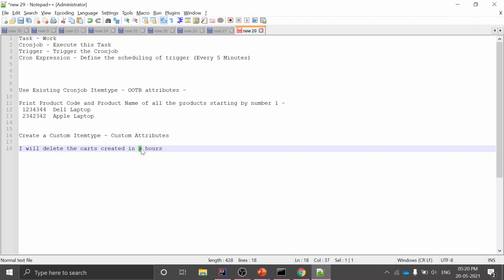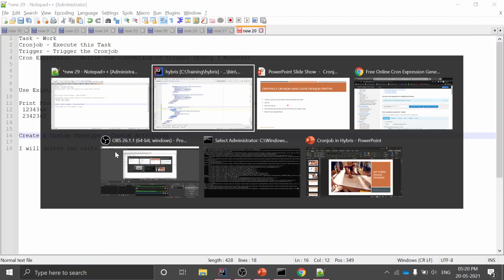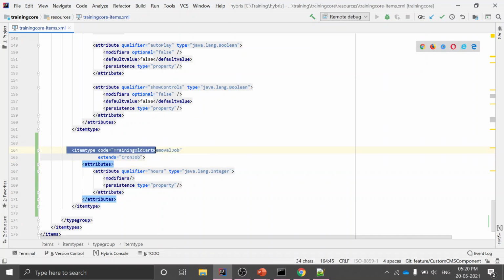So what I need to do is delete the cards which are formed in the last 5 hours, let's say. So I'll pass the hours as 5. So this is a new attribute. This doesn't exist in the out of the box cron job item type. So that is why I needed to create my own custom cron job. I have created one item type, extending the existing cron job item type, and I have created one attribute because my use case requires only one attribute.